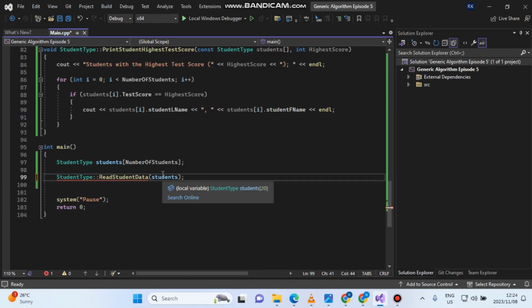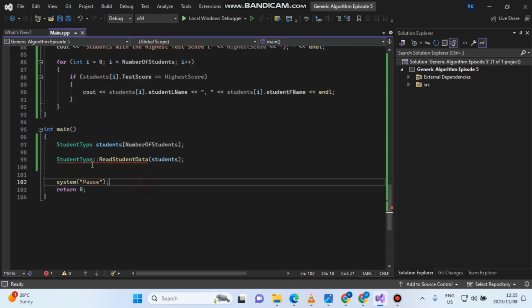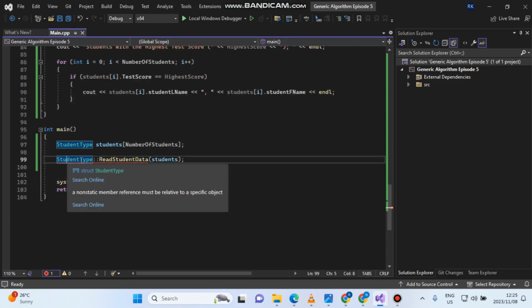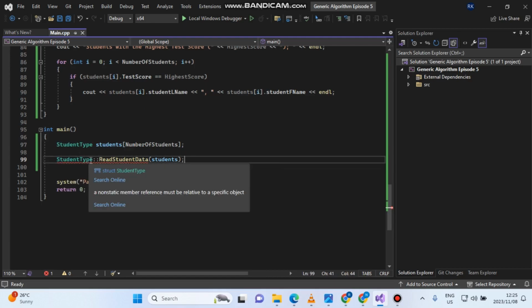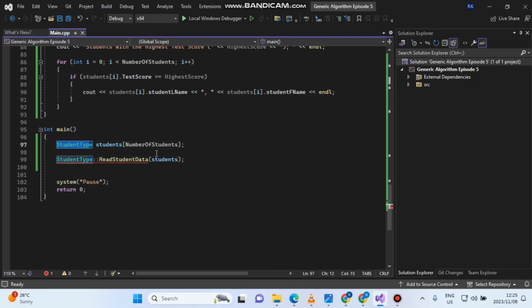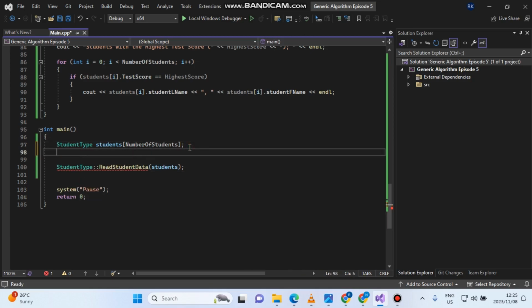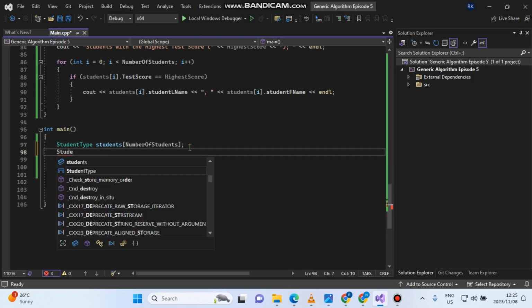Where is it going? Okay, so this is interesting. Basically what I'm seeing here is, look at this, guys. We have defined a type, student type, which means student type is a class. It's almost like a structured data type. The object name is called student. So basically what is happening is that we need to define another student type